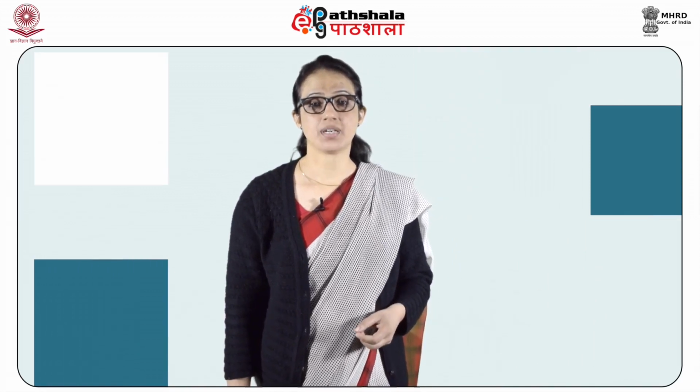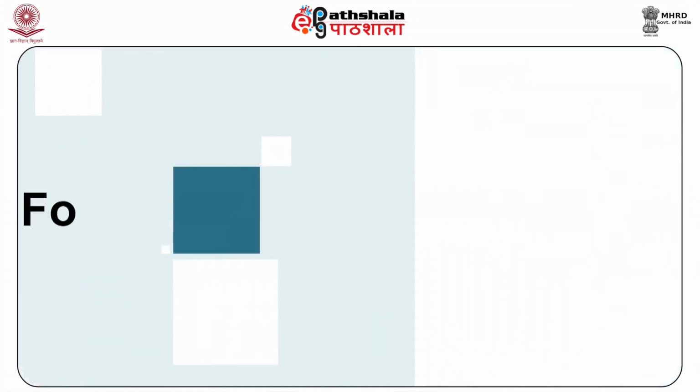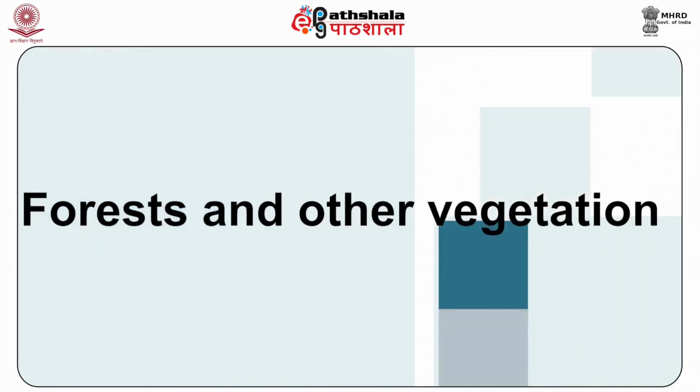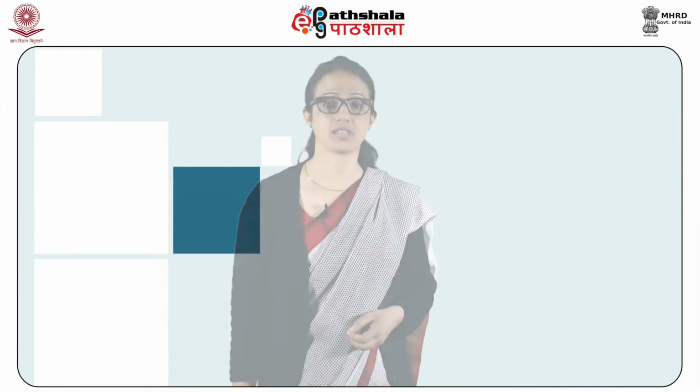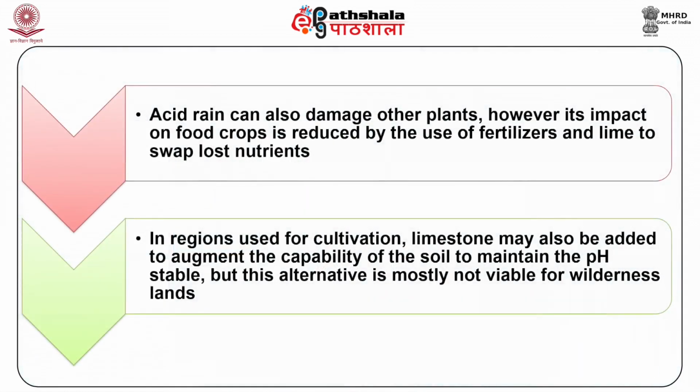Magnesium and calcium, like base, are leached by acidic rain, which dramatically alters the soil chemistry and affects sensitive species like sugar maple. After soil, let us discuss forests and other vegetation. Forests at high altitude are highly vulnerable since fog and cloud that lead to acidic rain surround them and are more acidic.